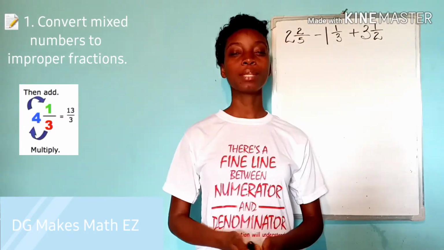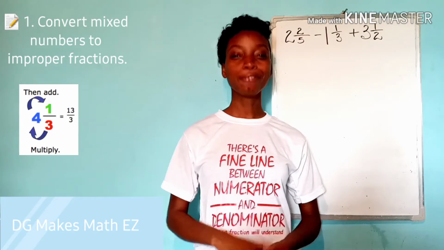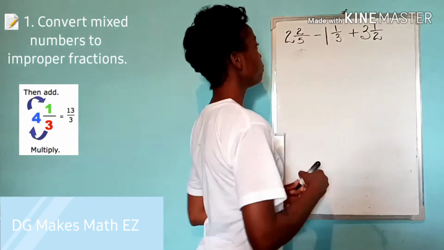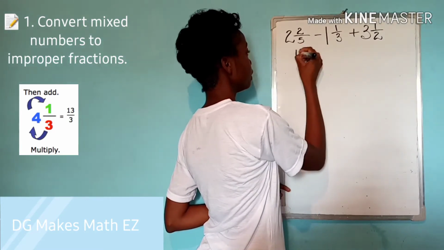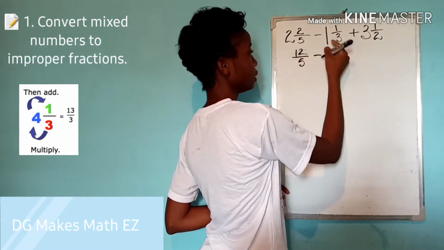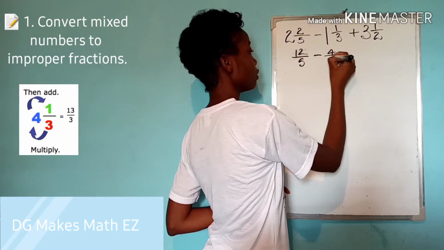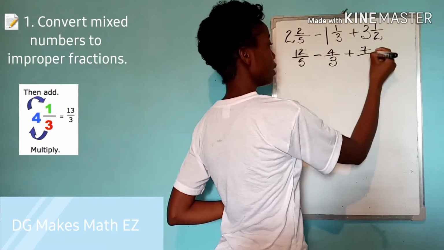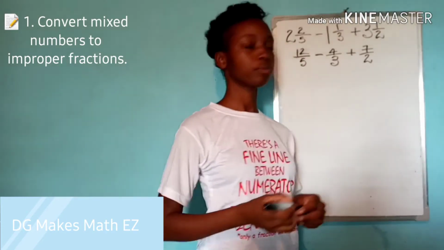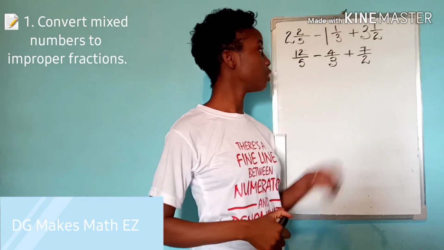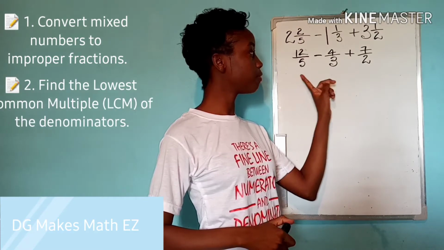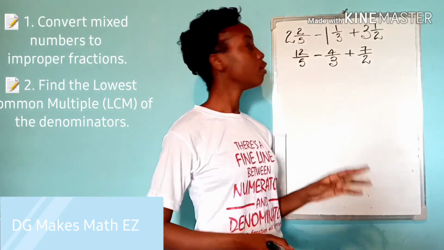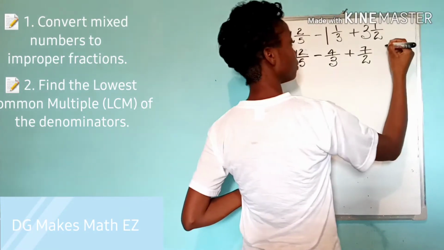If not, I hope that the revision here on the left of your screen will help you out a bit. 2 2/5 can be rewritten as 12 over 5, 1 1/3 as 4 over 3, plus 3 1/2, 7 over 2. At this point, what you are going to do is try to find the LCM for 5, 3, and 2, for all our denominators. So the LCM for 5, 3, and 2